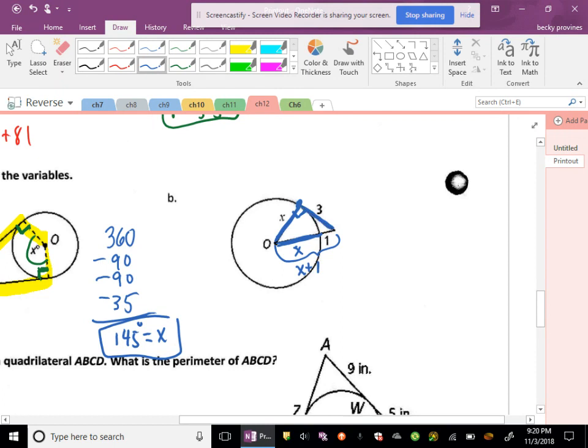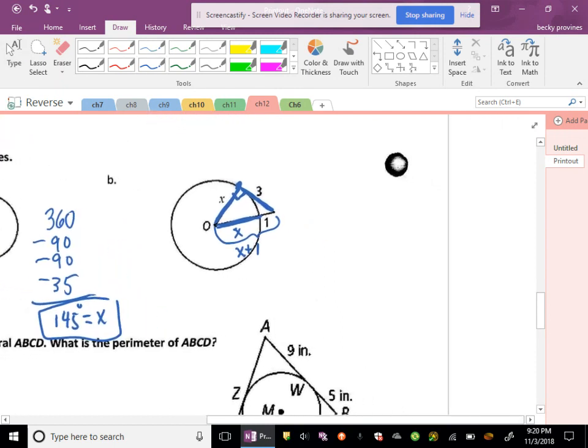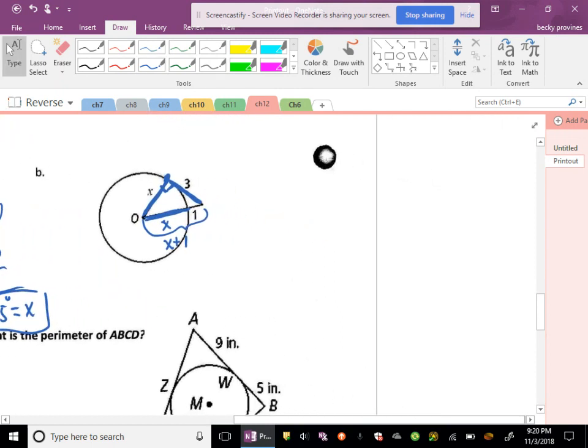So when you have a triangle here, which side would be the hypotenuse? Hopefully you're saying it's right across from the 90, so it's X plus 1. And it equals the other two sides. One is X and the other is 3. And I'm going to square it all. Okay, so let's